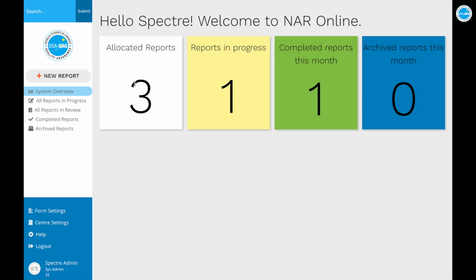The menu system for the DSA QAG NAR Online is very simple. At the top, you have a search bar where you can enter a search and submit. You'll have your centre logo, a new report button where you can click to create a new report, and your main menu, which has System Overview, the page you're currently looking at, All Reports in Progress, All Reports in Review, Completed Reports, and Archived Reports. Lastly, in the blue area at the bottom, you will see Systems links, where you'll be